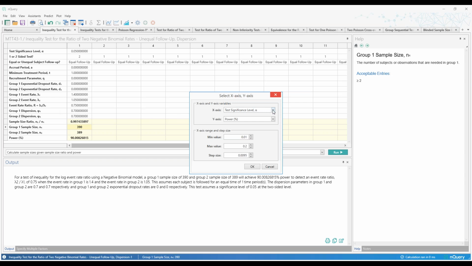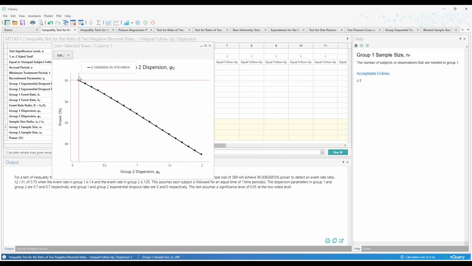To do this, we'll press that button that I just pressed, and we'll come down here and specify the group 2 dispersion as our x-axis. We'll look at the effect upon power. We'll assume a minimum value of 0.1, a maximum value of 2, and we'll go up in steps of 0.1. And we can see that